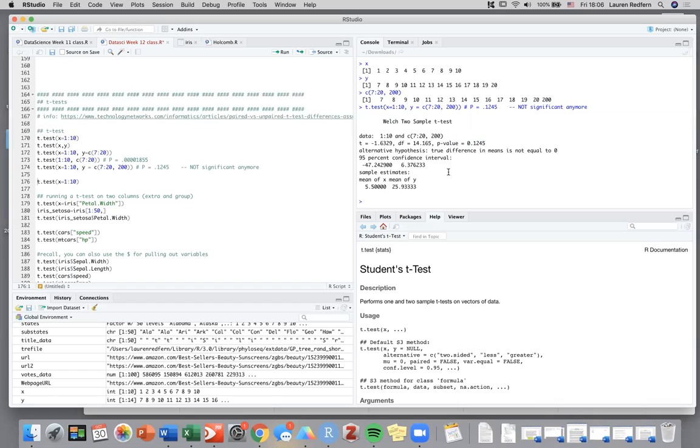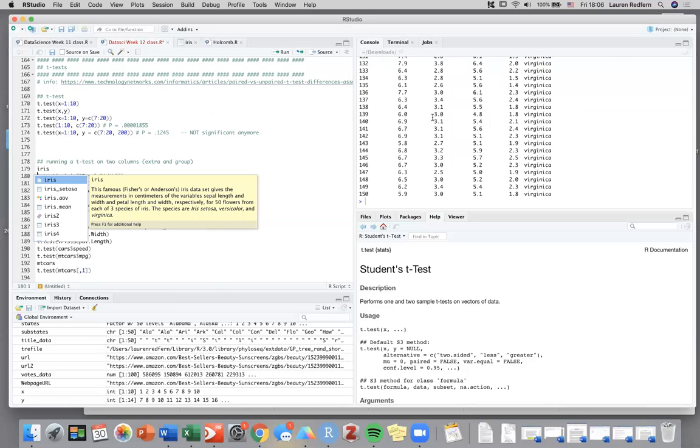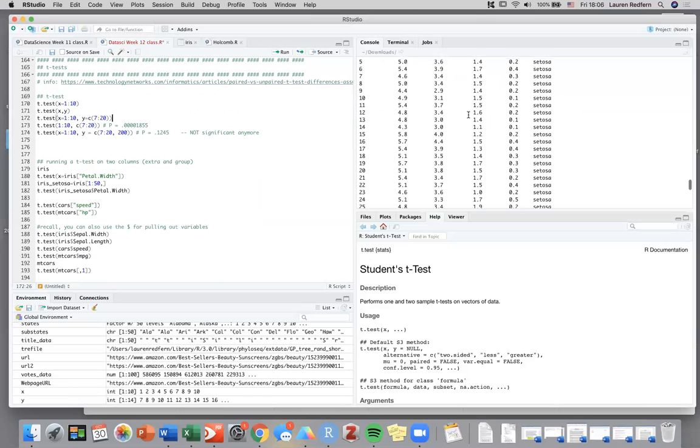So this is statistics information. Once again, I'm really just showing you how to run a student's t-test, Welch's 2-sample t-test. So if we were to look not just at these numbers that we're putting in, but actually a data set, once again, I'm going to look at the data set iris, which is based on the flowers and the sepal length, sepal width. So if we wanted to run a student's t-test on iris,